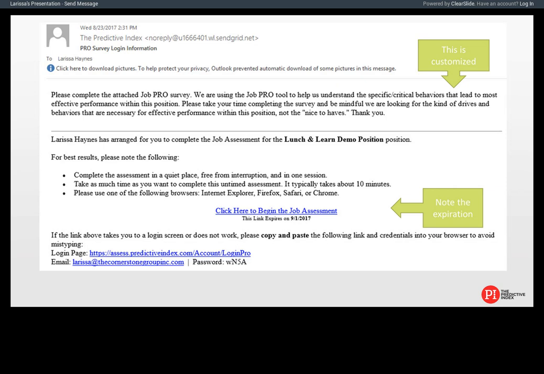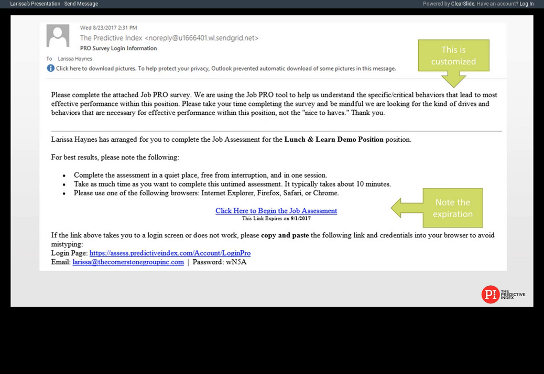So when you send, this is actually a picture of the email. I get a lot of questions about what email gets sent out. First off, it gets sent from a no reply at, just like the behavioral assessment does. So be sure to let your 3 to 5 people know, especially if they're not really familiar with PI. Let them know that it's coming. It oftentimes gets stuck in spam, so just let them know it's coming from PI with a no reply.